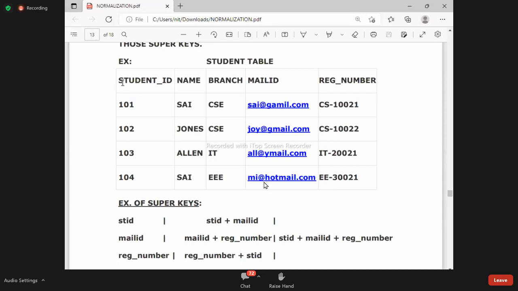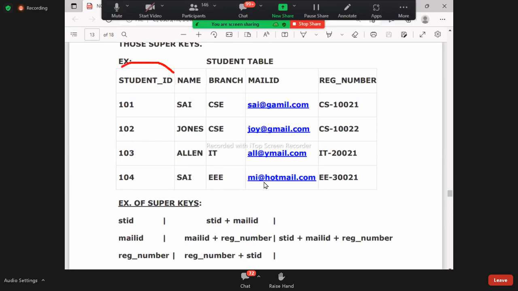Now, the first one, you can see the student ID column. Check it out. In the student ID column, row-wise, do you have any duplicate number? No. So in this table, how many rows? 4 rows. How many columns? 5 columns. In these 4 rows, do the student ID column values have any